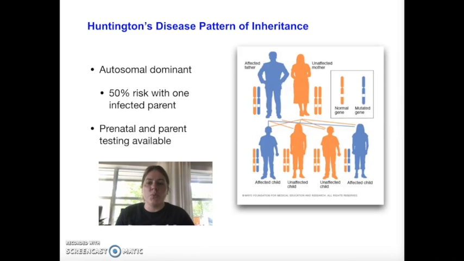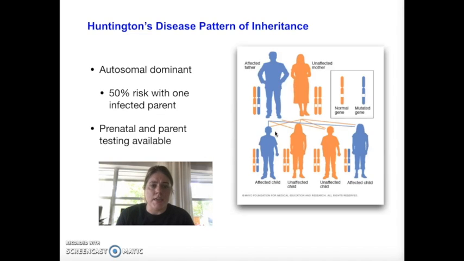Hey everyone, we are here to talk about the inheritance patterns of Huntington's disease. Huntington's disease is inherited as an autosomal dominant trait, which means that all you need is one affected father or mother, as you can see in our chart here, and that produces a 50% chance for each offspring of getting this